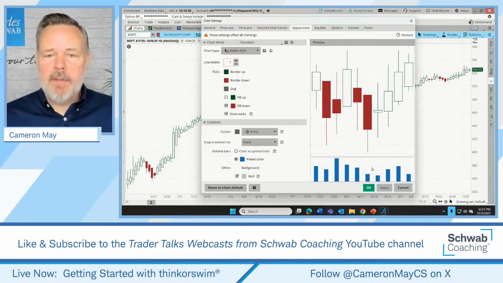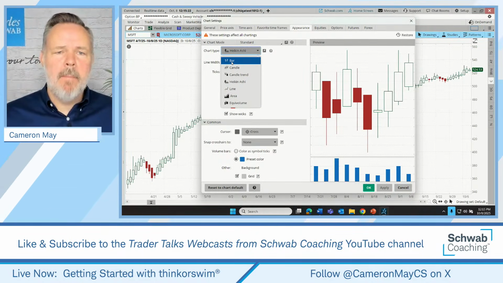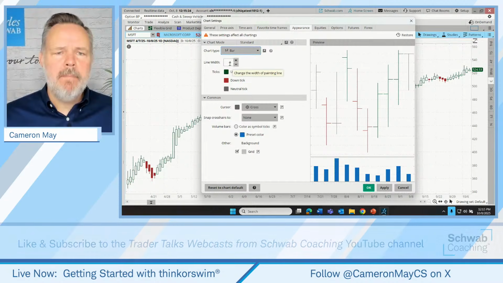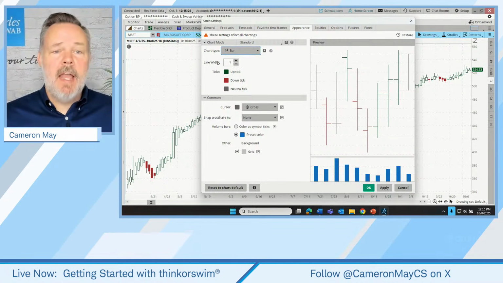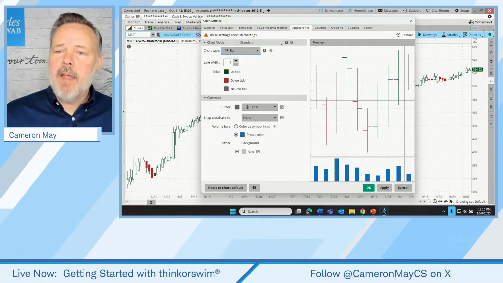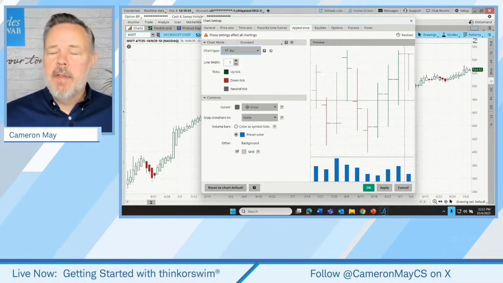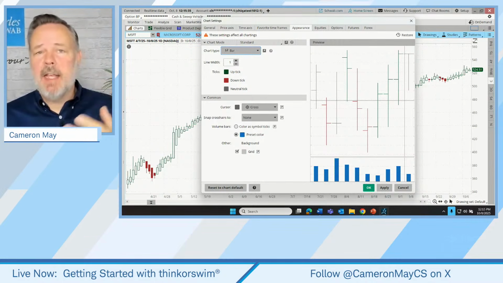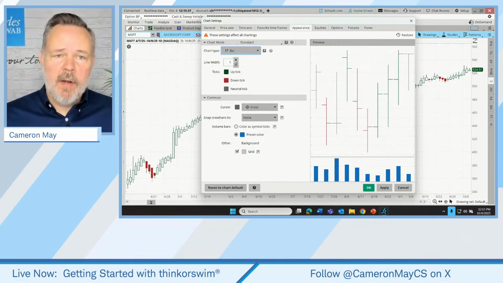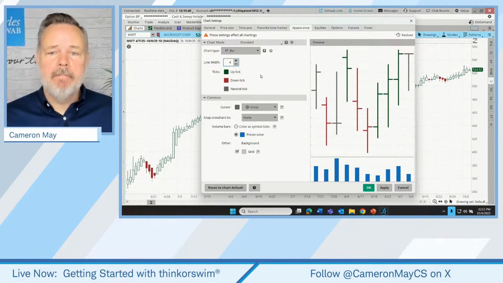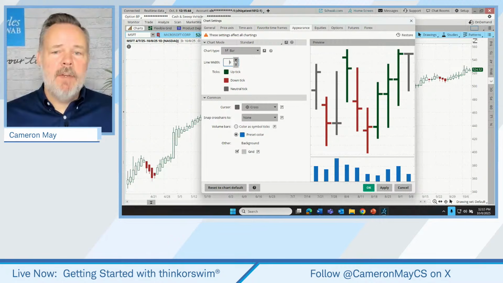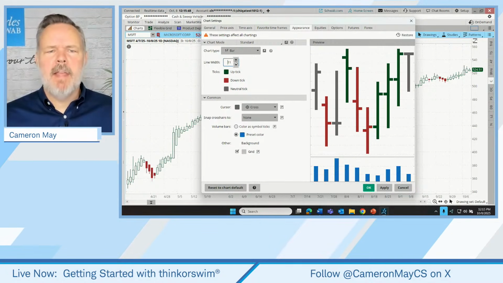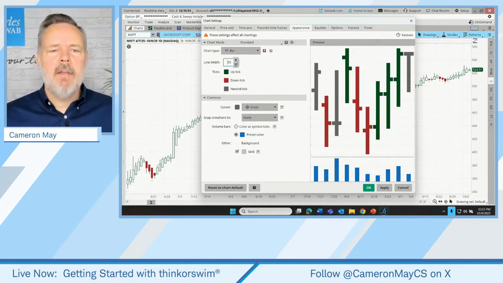Okay, so let's go back here. Let's switch this back to a bar candle. And what is this line width? Well, by default, we have a little line around the candles. Some traders have a preference for that to be a little bit thicker, a little bit more bold. Others like it to be a little bit more muted. This is where that can be established. So let me just dial this up. Obviously, the higher we drive that number, the thicker those bars become. I've never actually experimented to see how thick one can go. Should we do it? Okay, looks like 15.